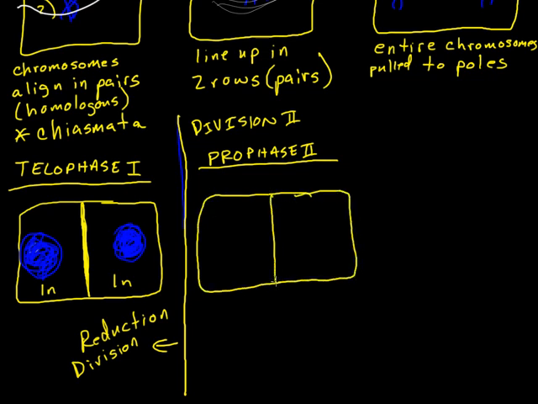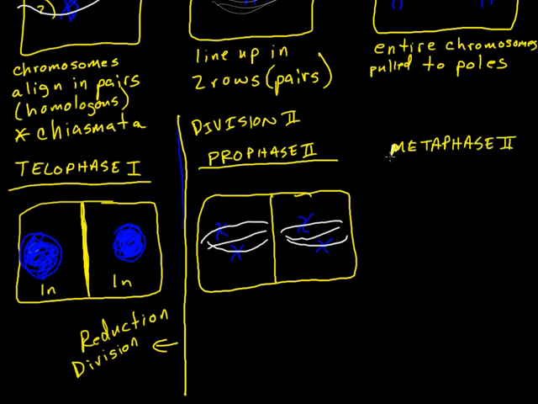So I'm going to draw my 2 cells. The nuclear membranes dissolve. We're back to just 2 chromosomes in each cell. Okay. Spindle fibers start to form. They line them up. Okay. They connect at the centromeres. And this leads to metaphase